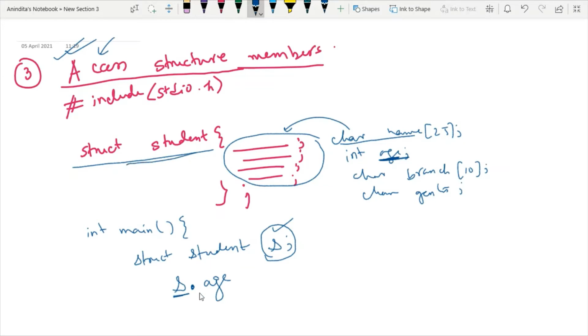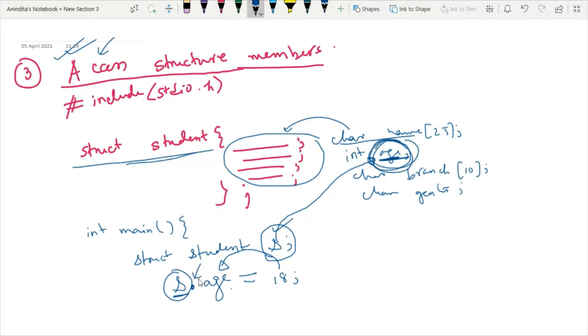If I write s.age, it means via this s variable I want to access this age, and here I want to put a value like 18, say. So this 18 value will be stored inside the age member of the structure via the variable s.